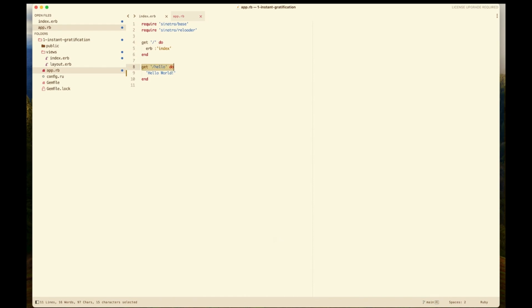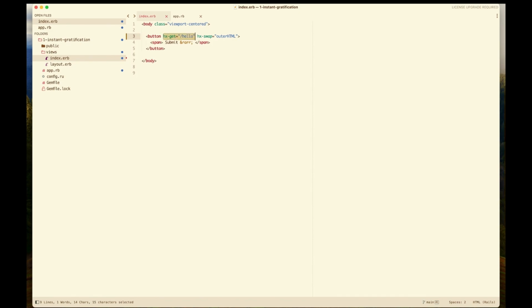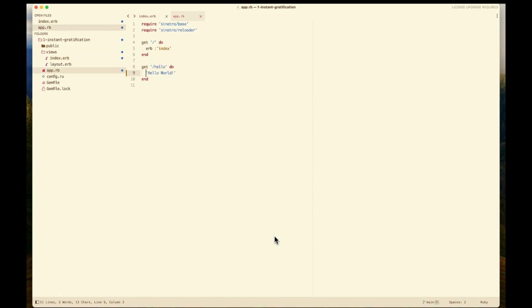Here's the route that's targeted by this snippet here, this attribute, and notice how close they are to each other. Get hello, hx-get hello. And here's our response string,